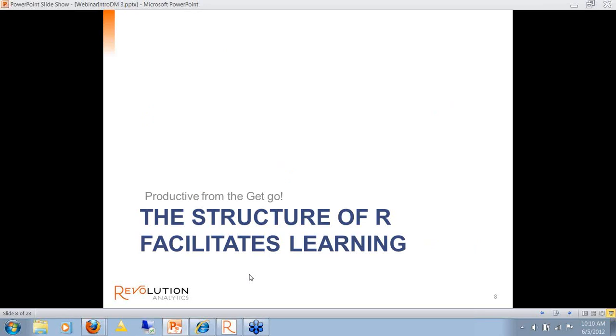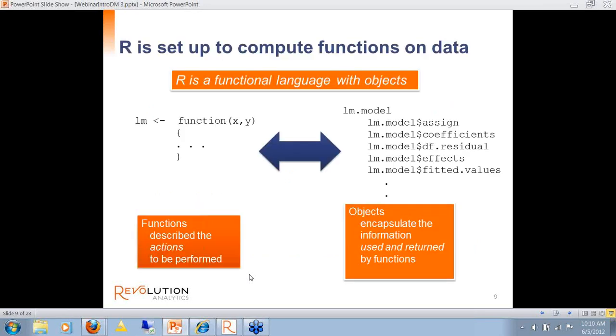And to motivate this, let's talk about an aspect of the R language that facilitates this kind of use, and that's that R is a functional language with objects. So here you see a schematic for the LM model function, that's R's function for building a linear model.